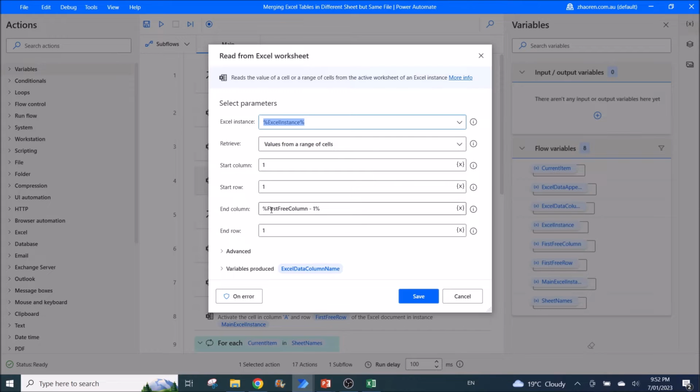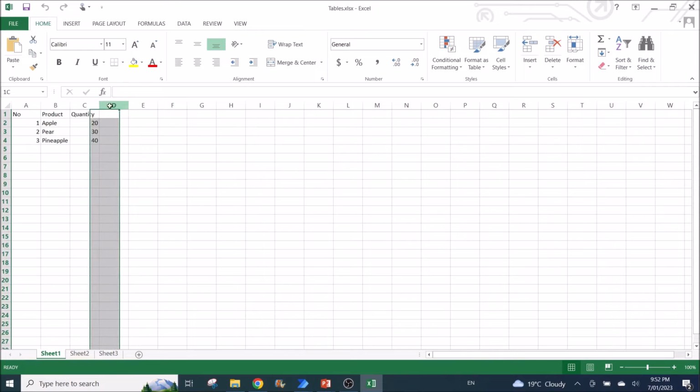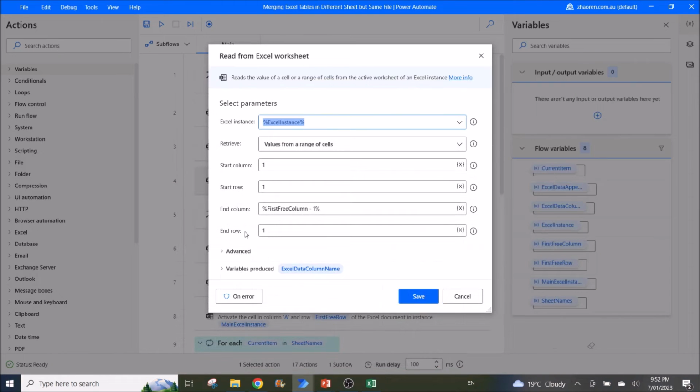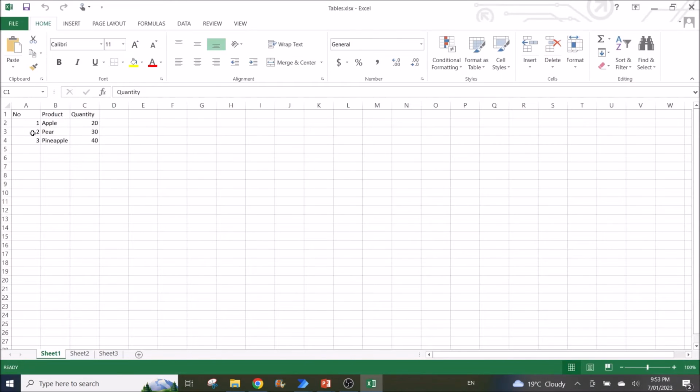End column would be the first free column minus 1. Just now we have column D, right? Then minus 1, you will get the last column, right? Then end row is obviously 1 again, because it's the first row that we want Power Automate to read, which is the column headers, right? So the first few steps are to read these column names,